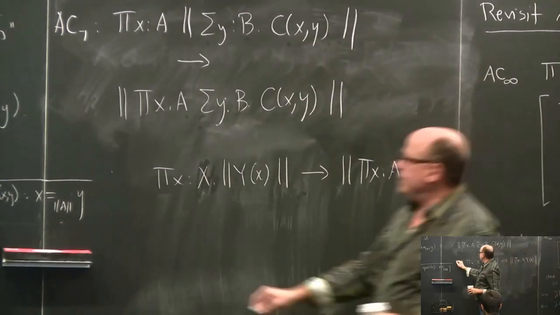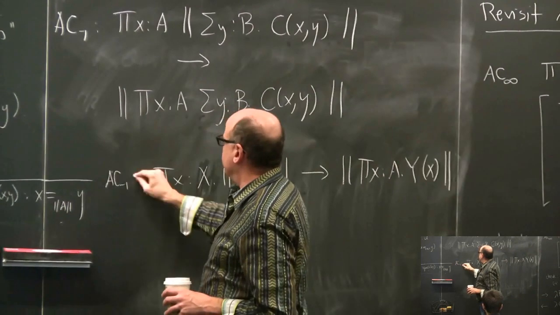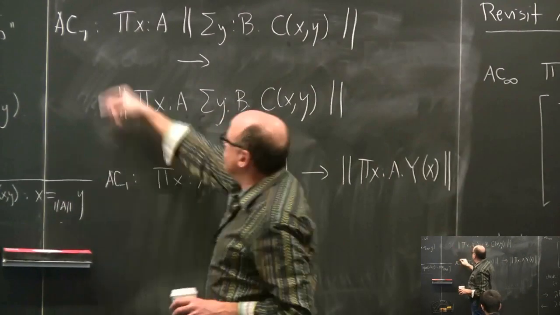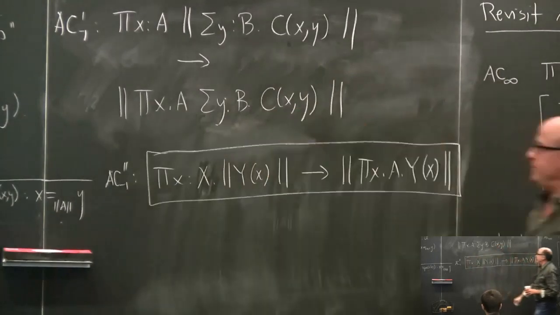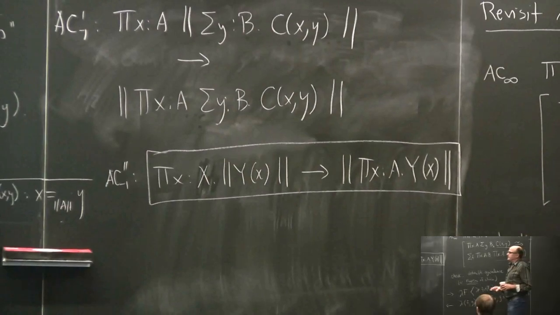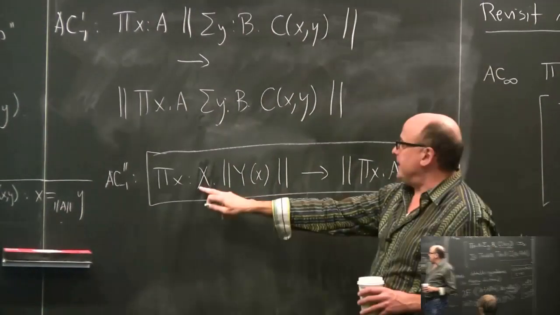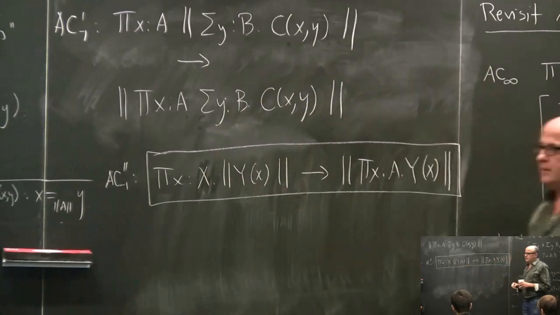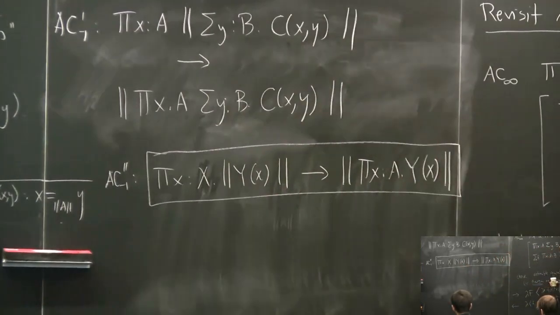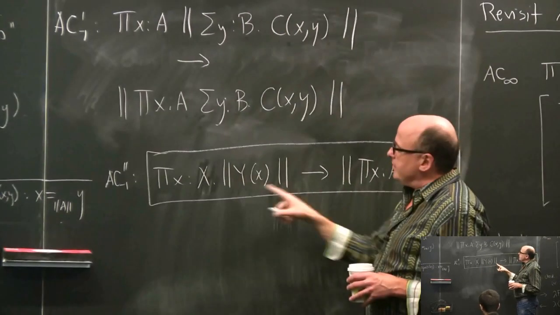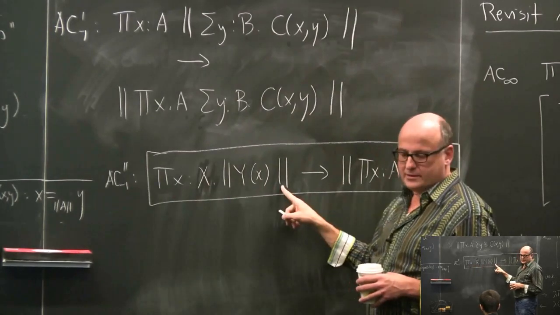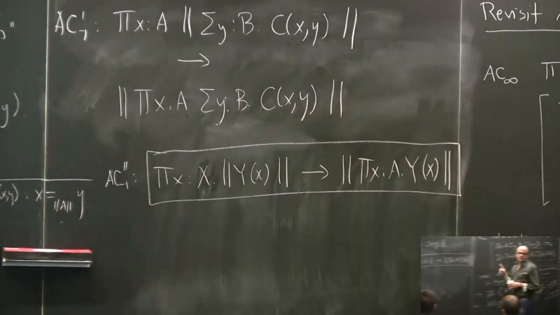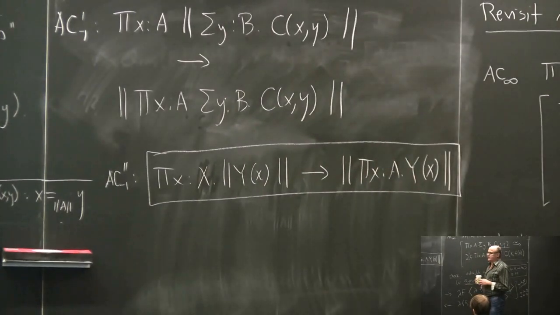So in fact, I think in the book, this might be the definition, or let's call it prime and double prime, just to be careful. Okay, so another expression of the axiom of choice in the propositional case is like this, where this is a set and y of x is a set, okay? Because that's the thing I'm writing down. So you can think of it as, if this is expressing the mere inhabitation of y of x, this says the product of a family of inhabited sets is inhabited. Okay, that's what is being said there,